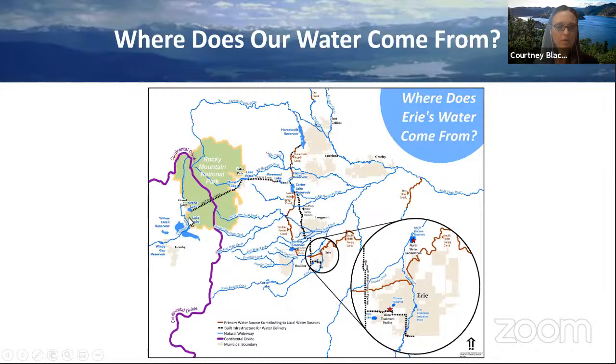These are the main reservoirs of those two projects. And water is delivered through a tunnel underneath Rocky Mountain National Park and then through a series of canals and reservoirs along the Front Range. And Erie's water is transported all the way down to Boulder Reservoir, and there's a pipeline that then conveys it over to Erie. So it's a fascinating project, or two projects essentially, that really provide a significant water source for